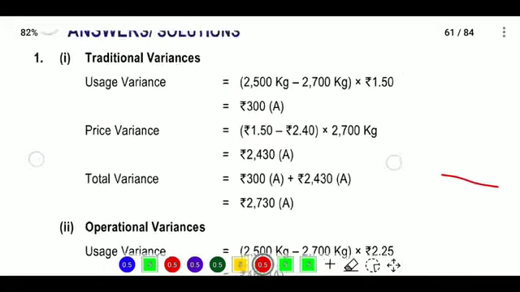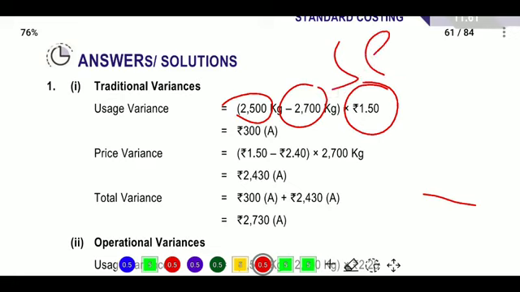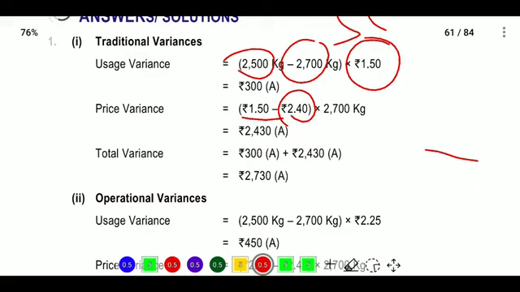For usage variance, 2500 kgs, 2700 kgs into the standard price. We take the standard price, so we got the first answer. For price variance, we take 1.5, which is the estimate, and 2.4. How did we get this 2.4? They provided the actual, and based on that actual we got the cost. Next, total variance will be